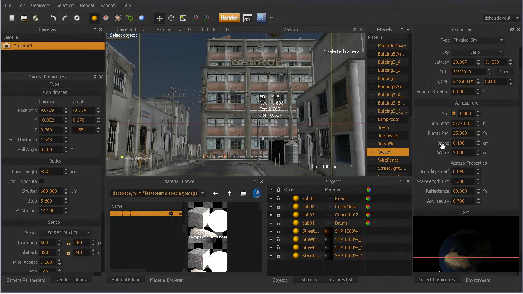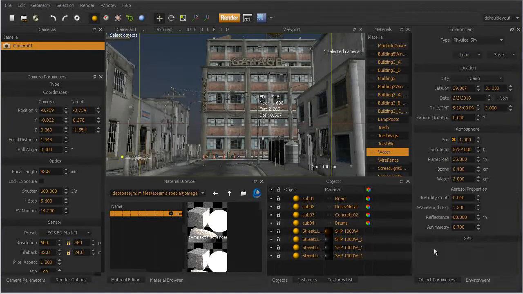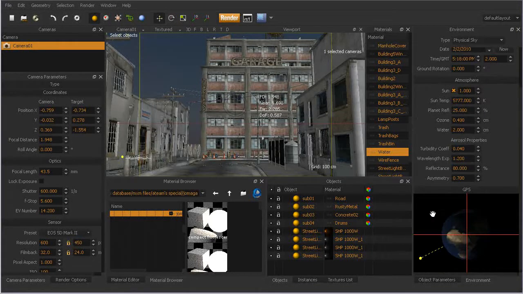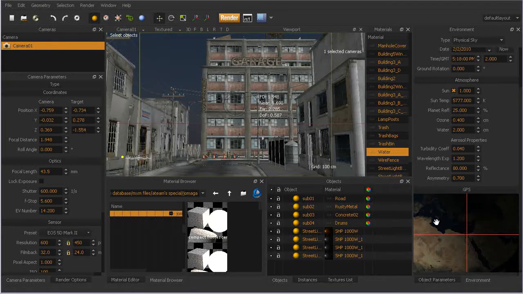Now, two things I want to point out. One is this little thing here, which says GPS. I'm not sure why. I guess you could maybe hook it to a GPS. There's probably some setting somewhere, but it's just the global position. The S means satellite, but I don't know why that's there. But you can see when I move this little globe here, it changes my atmosphere lighting. So right now we're in northern Africa, somewhere in that area. We can zoom in here and get it back to where it was. Okay,